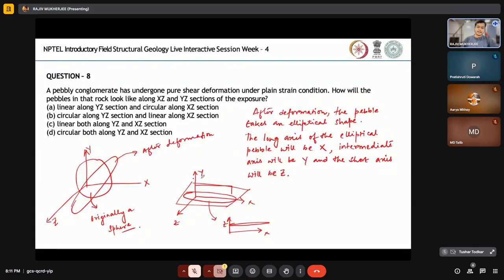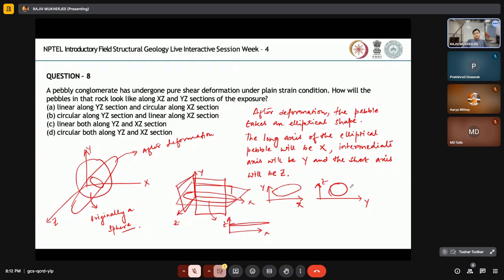And if I cut a section like this, which is xy, I will find an elliptical shape, right? And if I cut along yz, that means this part, so I am basically chopping off the ellipse from the center, and since at the center of the ellipse it is almost cylindrical, therefore if we just cut along yz section, it will appear almost like a circle, right? So this is how different sections will appear,